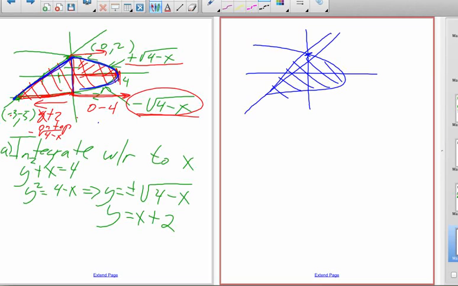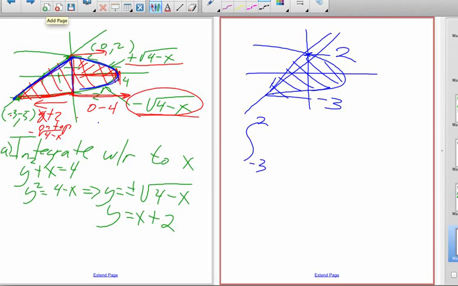And we're integrating with respect to y, so we're going to integrate from -3 to 2. All right? And in this case, you can think of this as being this curve minus this curve. So we're going to do the integral from -3 to 2